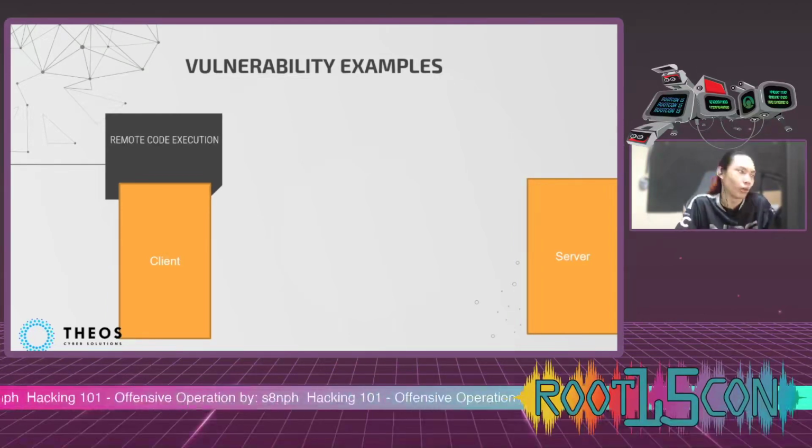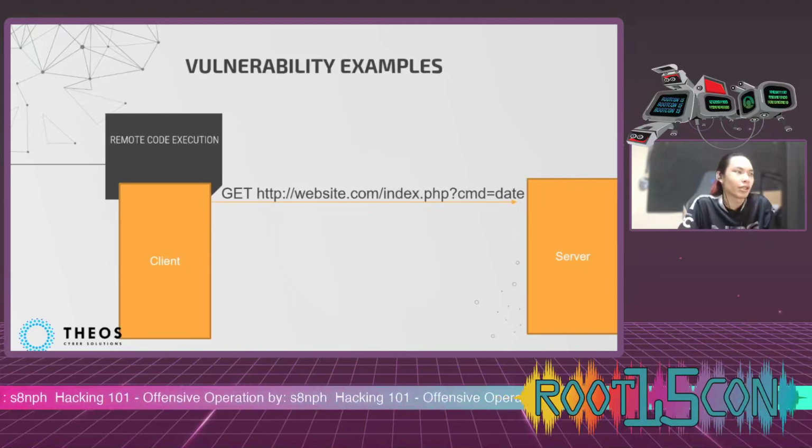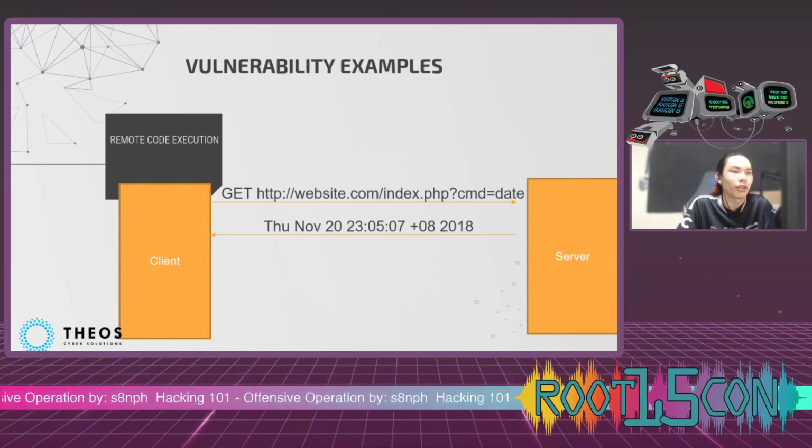It wouldn't be remote if it's just one-sided. So the client sends a request to the server, and within that request is the command that the client wants the server to execute. So the server then responds with the appropriate command if the remote code execution was successful. Now,